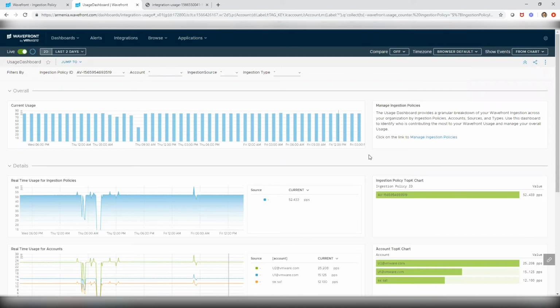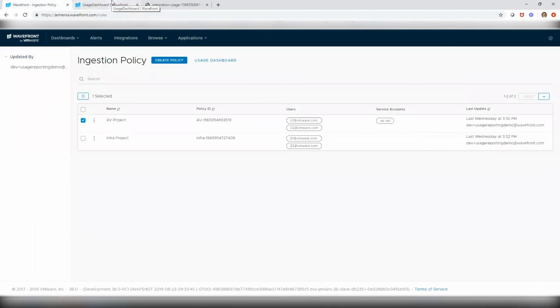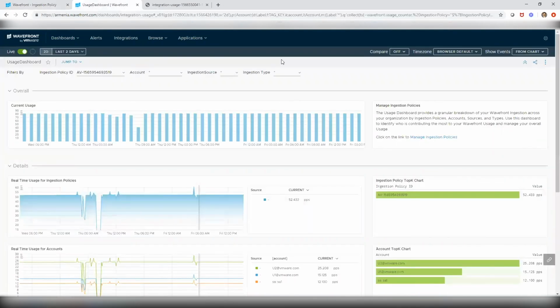So just as a summary, in this video, I had walked you through how you can set up ingestion policies that relate to the different things that you're trying to monitor internally in your organization using Wavefront, and how you can track usage of Wavefront using the usage reporting dashboard, and how you can export the data through the different